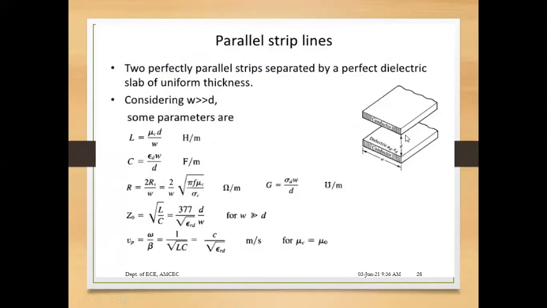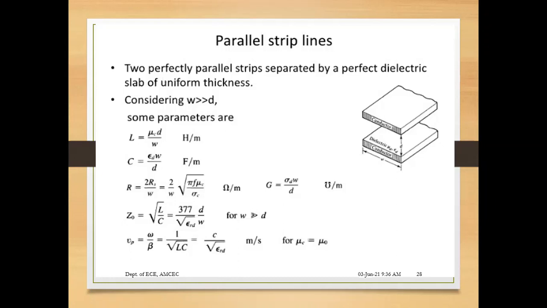Now, based on this, you have distributed parameters. Now, these distributed parameters are nothing but inductance, capacitance, resistance, that is characteristic impedance, as well as phase velocity. Now, these are the 5 parameters which are called distributed parameters in the parallel strip line, for which you have to find out the equations. You have to derive these equations for each case. And again, this is important from your exam point of view.